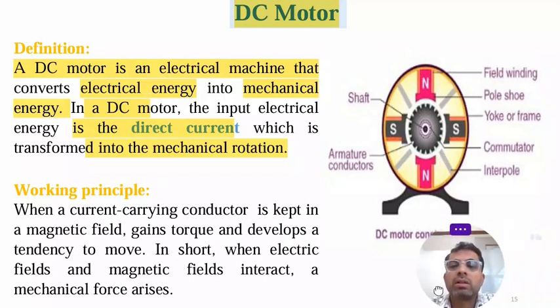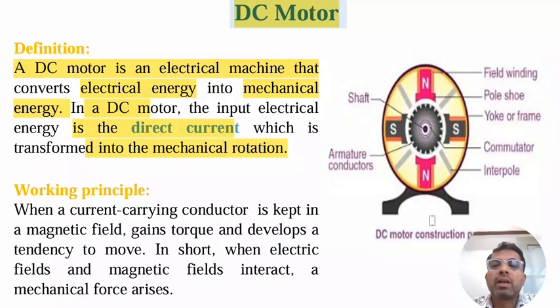Now this is the construction part of a DC motor, and you have to draw this diagram in the examination. The parts are the shaft, armature conductor, field winding, pole shoes, yoke, commutator, and interpole. Now, for understanding purposes, I am going to show you the